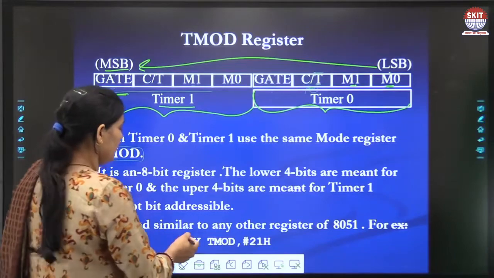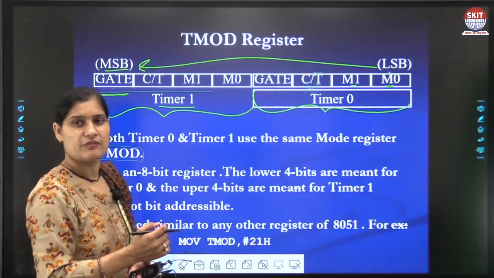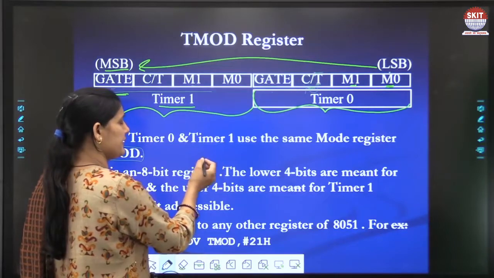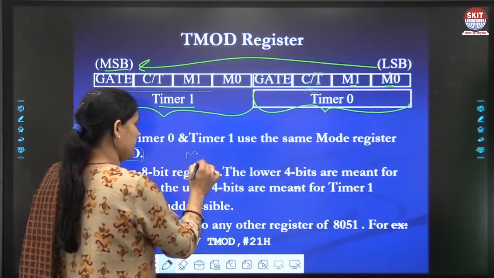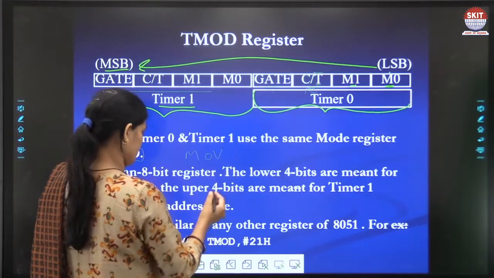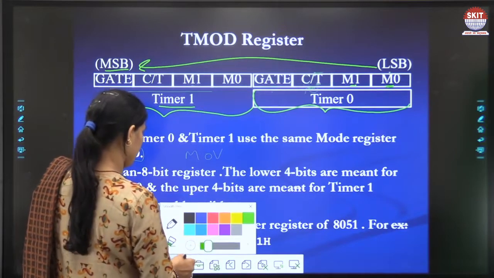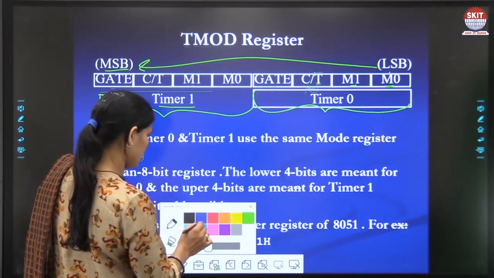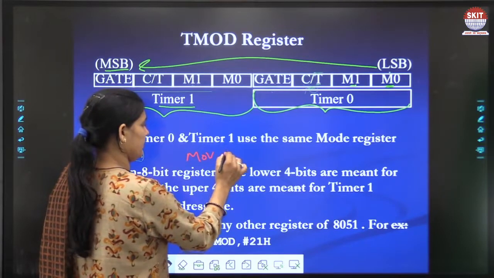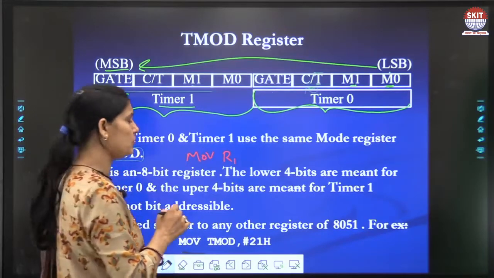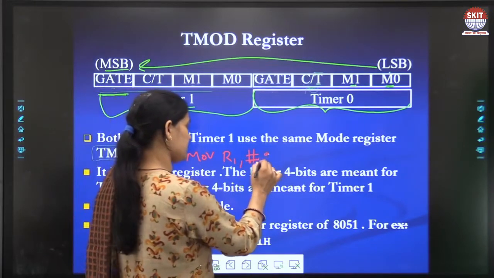If you want to store immediate data in a general purpose register of the 8051, for example in the R1 register of any bank, you write MOV R1, #data, with the hash and the data which you want to store.